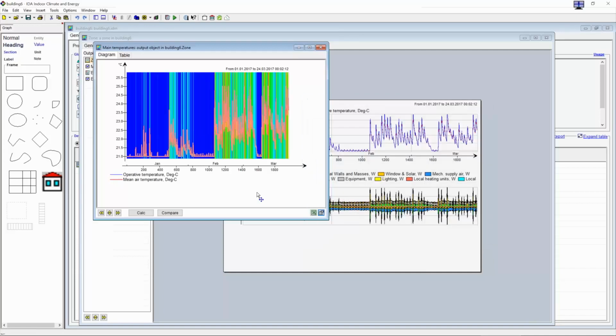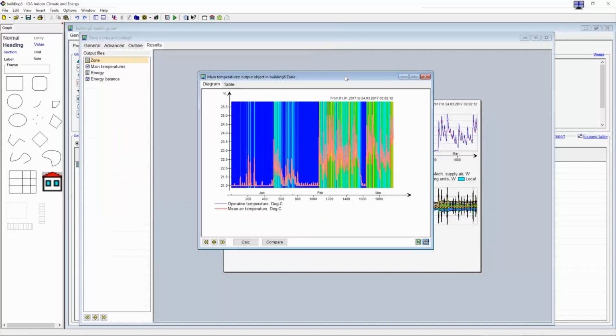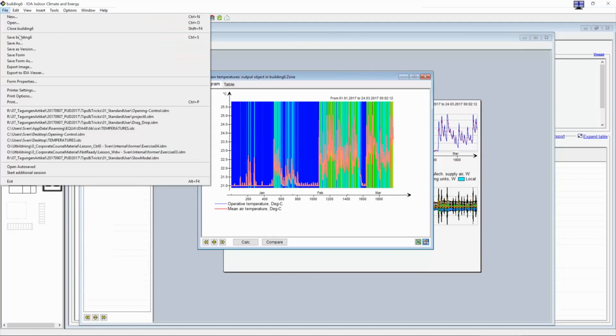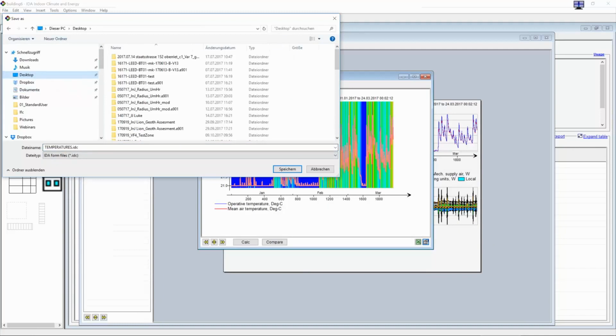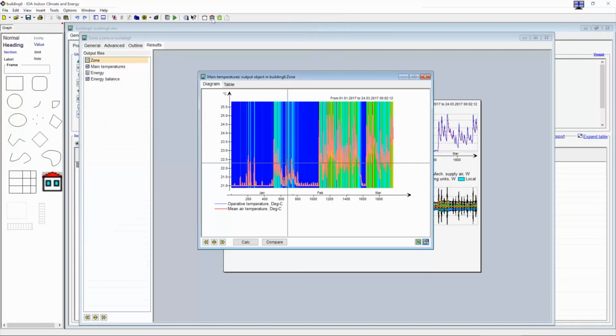Maybe that does not make sense to show this like this, but you can do that, and you can invent your own graphs here, and you can always save them, save form as. If you save them at any place that you of course remember, you can then, if you have another case later on,